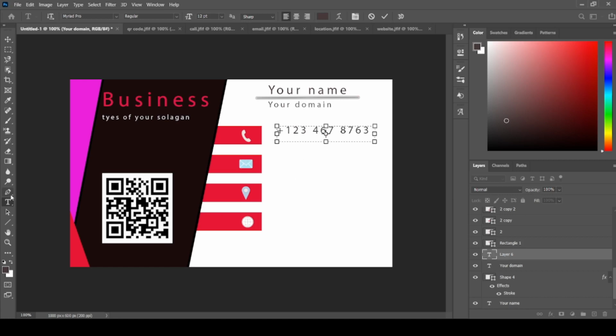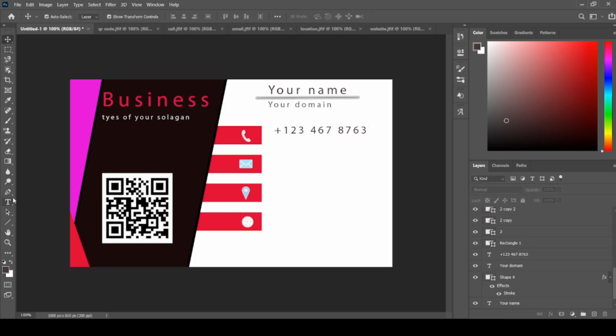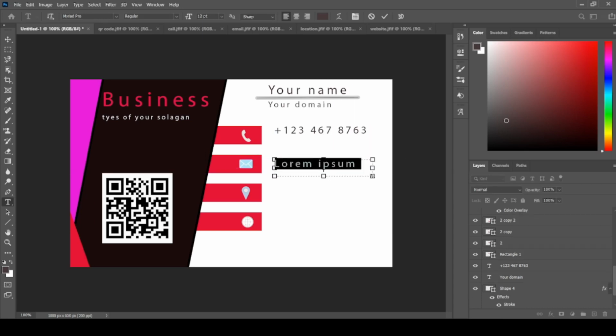And now I want to add the other thing here, the horizontal type tool. Come here and add, set it here and go here, click, choose the horizontal tool again and add your Gmail here,